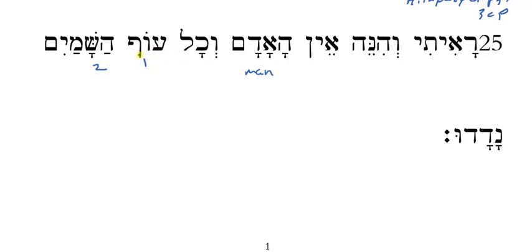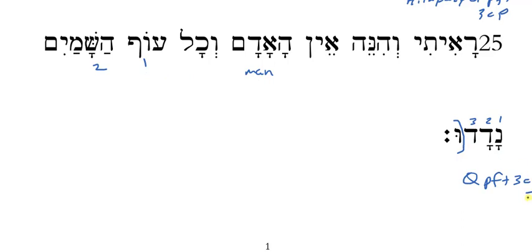The word of here for bird or fowl could be a collective singular, so it might have a plural idea. It could be all the birds of heaven, and that makes sense because with nadadu we have a shureq on the back side of three verbal root letters. This is from nadad, and what are we looking at here? Qal perfect 3cp. This has the idea of to flee. Okay, so every bird of the heaven fled.